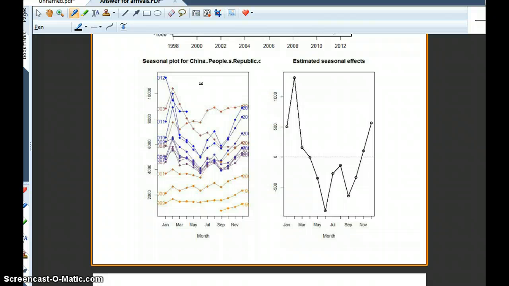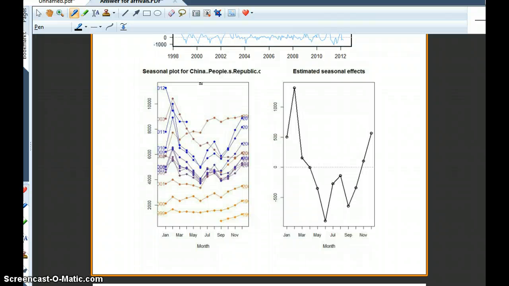In summer, there's a spike. In autumn, it comes back down to the mean. And in winter, we have below the mean, which is the 0 line. And then coming back into summer, the arrivals start to pick up again. So the seasonal effect repeats. I mean, if you look at this graph over here,